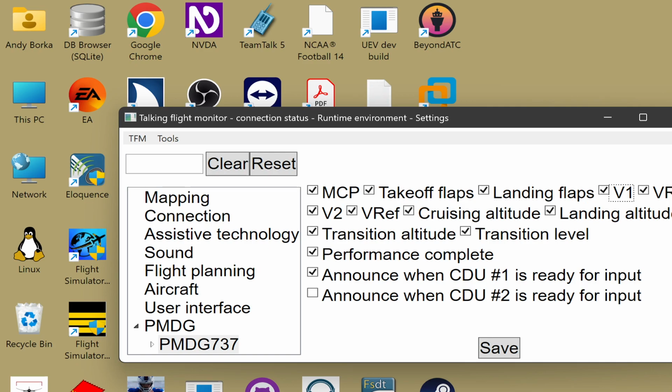Automatically announce changes in V1 speed. Checkbox checked. Automatically announce changes in VR speed. Checkbox checked. Automatically announce changes in V2 speed. Checkbox checked. Automatically announce changes in VREF speeds. Checkbox checked. Automatically announce changes in cruising altitude. Checkbox checked. Automatically announce changes in landing altitude. Checkbox checked. Automatically announce changes in transition altitude. Checkbox checked. Automatically announce changes in transition level. Checkbox checked. Automatically announce when the CDU performance pages is complete or incomplete. Checkbox checked. Announce when CDU number 1 is ready for input. Checkbox checked. Announce when CDU number 2 is ready for input. Checkbox not checked. Save button. Alright, so